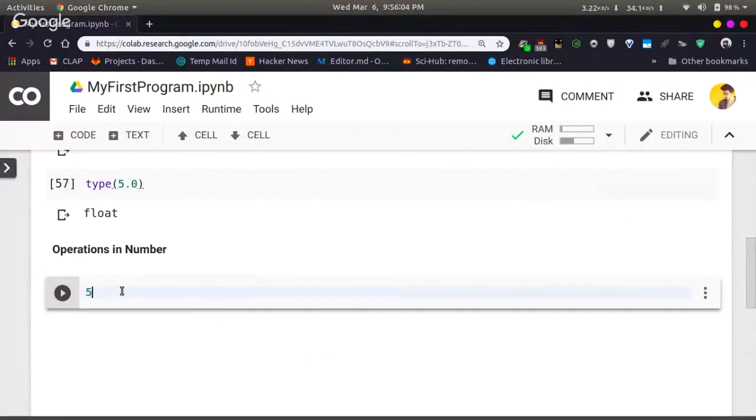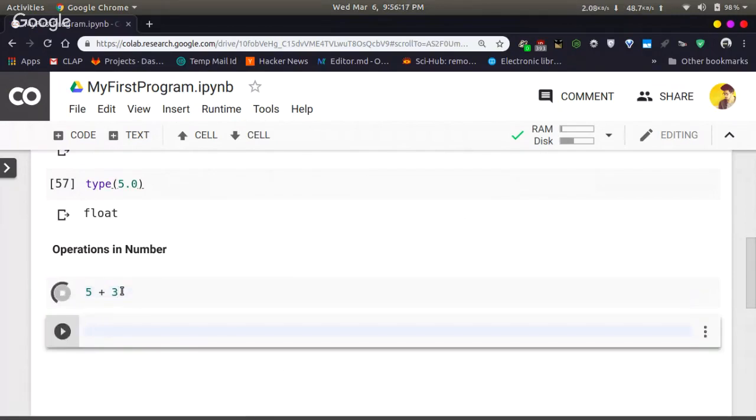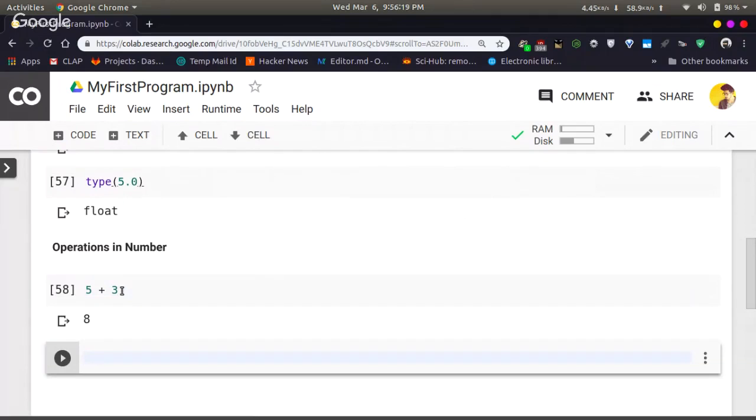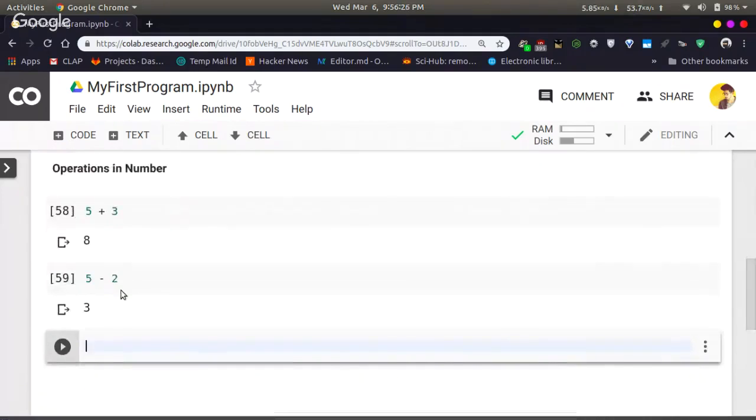You can type 5 plus 3. Now what you are performing here is an addition or summation. So in order to add two numbers, you can use the operator plus. Similarly, you can subtract 2 from 5, like this, 3.